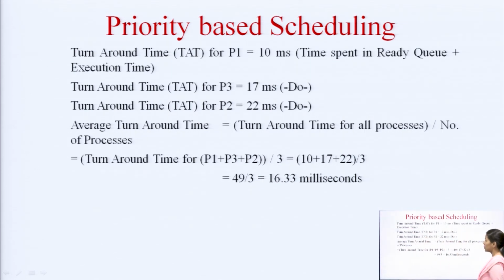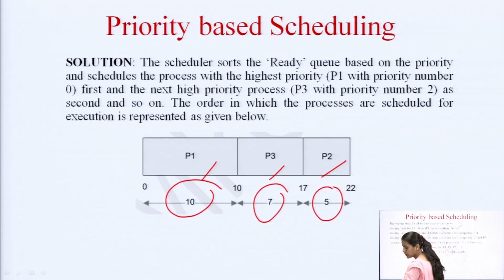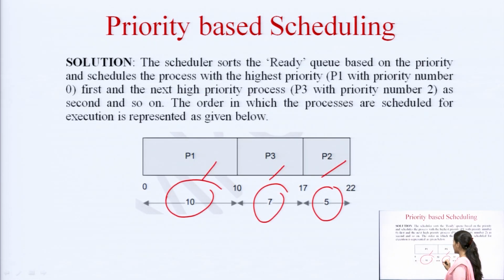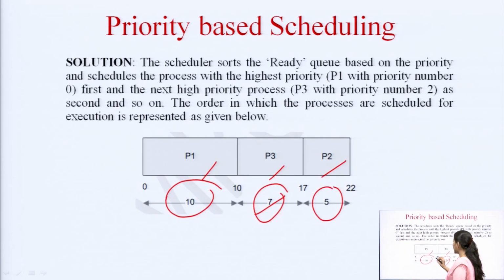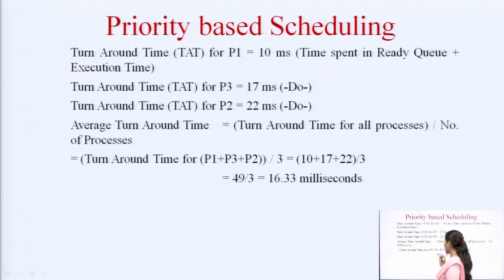Now, we talk about the turnaround time, that is the total waiting time and the total execution time. So, the turnaround time for process 1 is 10 milliseconds. For P3, 10 is the waiting time and 7 is the execution time, that is 17 milliseconds. And the turnaround time for P2 is the waiting times for both the processes and the execution time for itself, that is 17 plus 5, that is 22 milliseconds. So, in this way the average can be calculated by adding all the turnaround times and dividing the number by 3. So, 16.33 milliseconds is the